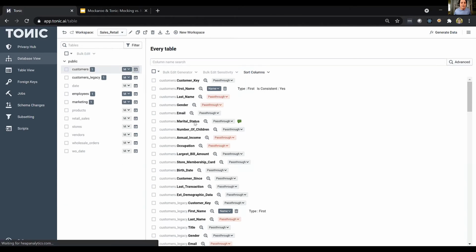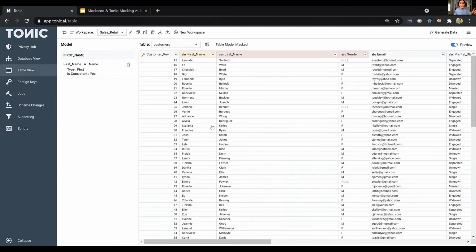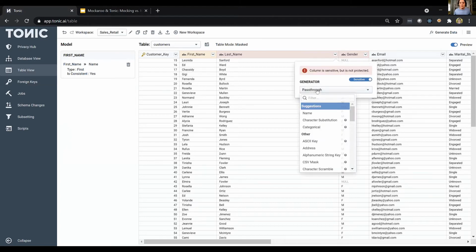Great. So, we could continue operating on columns in this bulk manner in the database view, but let's actually go down a level deeper. So we're now going to look at just the data in one table. In this case, it's the customers table. So we've already applied that first name transformation. It's there. And as we go through this table, we can apply additional transformations to further protect the data in the table. And remember, the ultimate goal is to end up with a new database devoid of sensitive information, but it looks and feels real, so we can still use it in our development and staging environments. So of course I should protect my last name and gender column. So let's do that quickly.